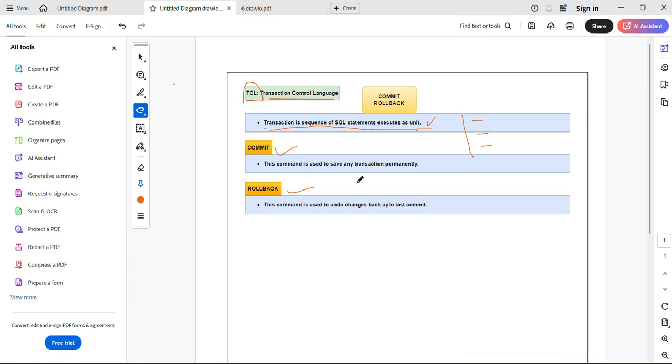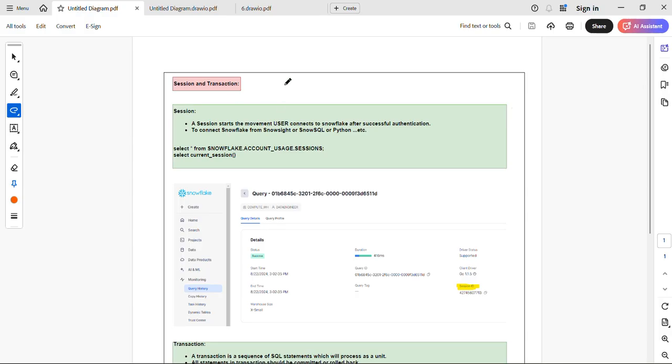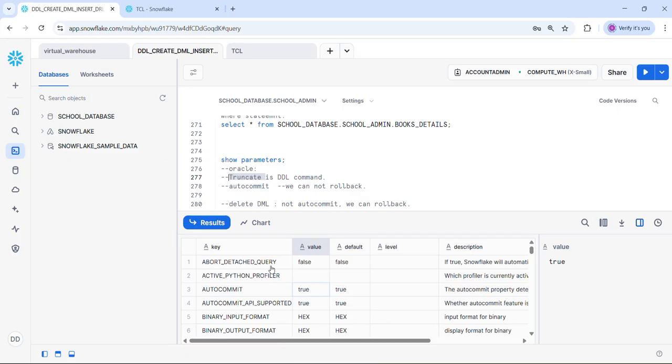Now what I will do is try to create one transaction within the session. Session and transaction: I already explained session. The moment I open it from the UI,